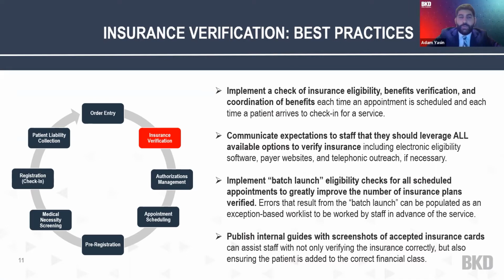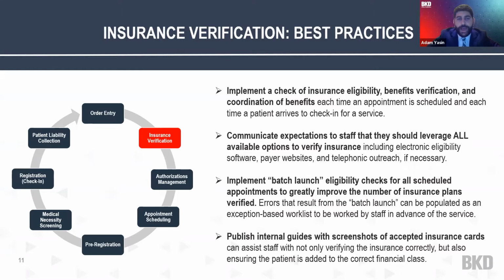So we want to be a little bit more diligent. Let's go to the payer websites. Let's reach out telephonically if necessary. Ultimately, you are providing good patient satisfaction by taking these efforts, making sure that when the patient arrives to your system, you're being good stewards of assigning their health insurance benefits on their behalf. And so part of that is making sure that we do everything we can to validate any health insurance if